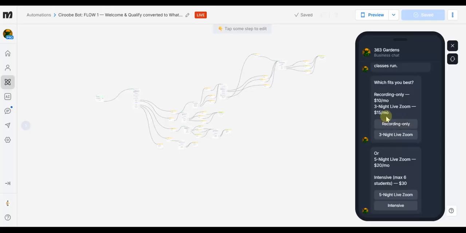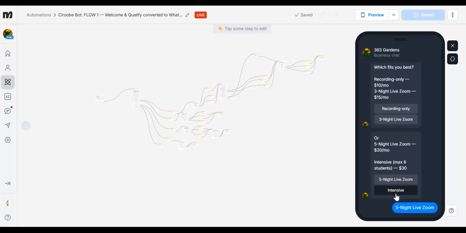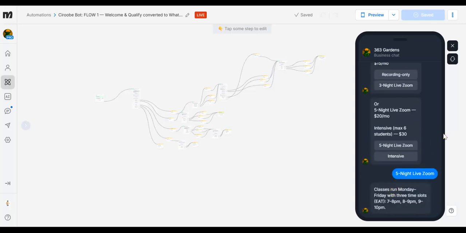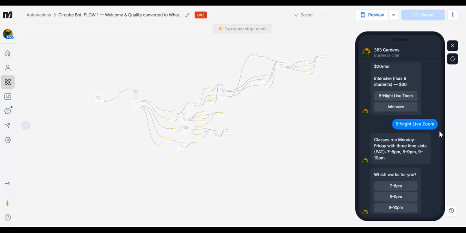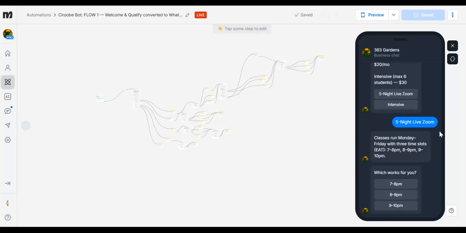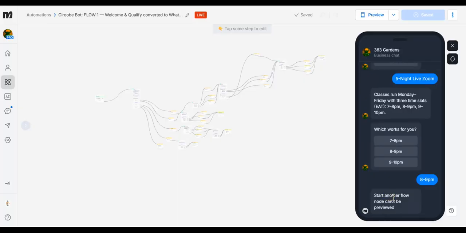So that's how we're giving them choices. Then they can select again what choice they're going to take. Let's say, for example, they say 5 night classes, which goes for $30. So they're telling them more about the class. The class runs at that time, like that. Then like that. Then from there on, I connected another flow that goes into the payment, converting them into